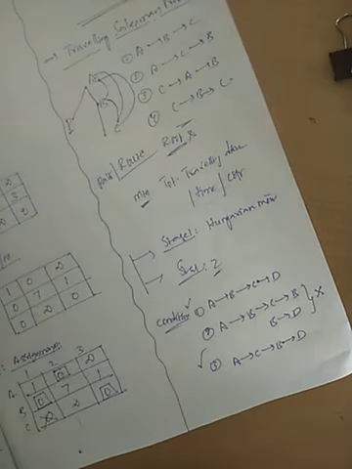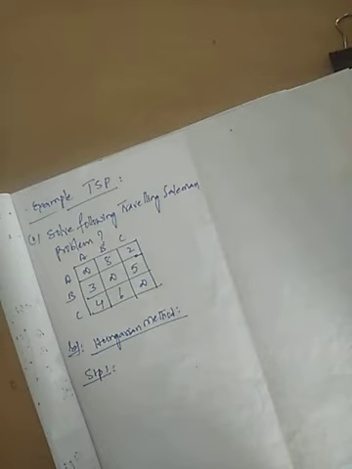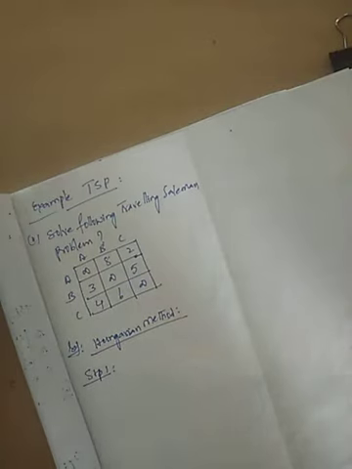Under stage 2, what will you do? Instead of 0, we consider the next minimum to 0, like 1, 2, 3, 4. Other elements are the minimum cost elements, and we select them into the answer. Now we solve a problem, then you will come to know. Now all of you look here. This is called a traveling salesman problem.